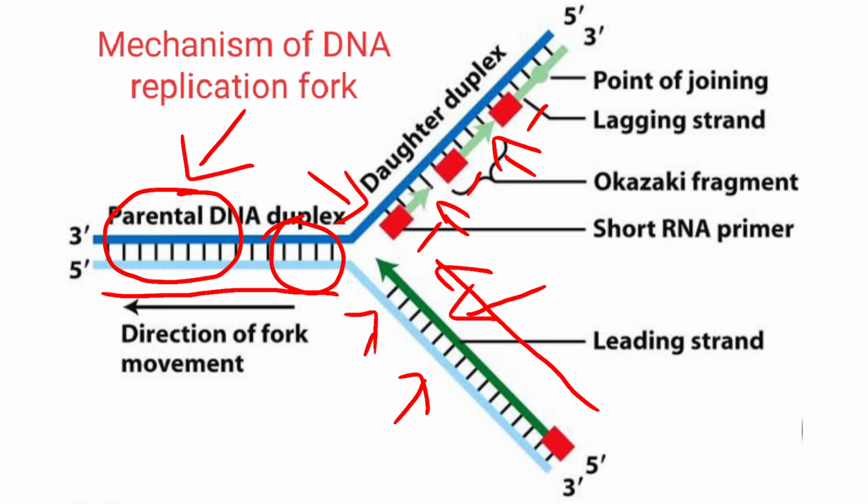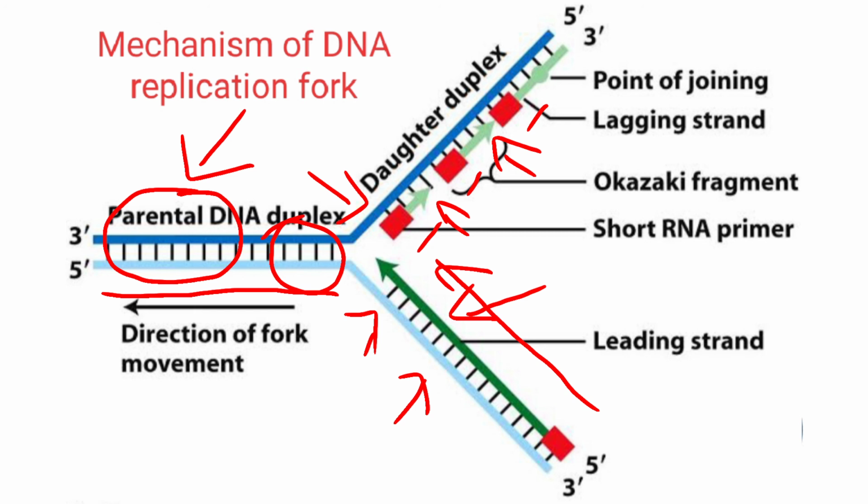So what are the enzymes? Helicase and topoisomerase, and topoisomerase is otherwise known as DNA gyrase, and polymerase plays an important role. DNA polymerases play an important role in elongation and formation of the new strand with the help of the RNA primer. There are two strands, the leading strand and the lagging strand. The leading strand doesn't have any breaks, it forms straight away, and the lagging strand has gaps,